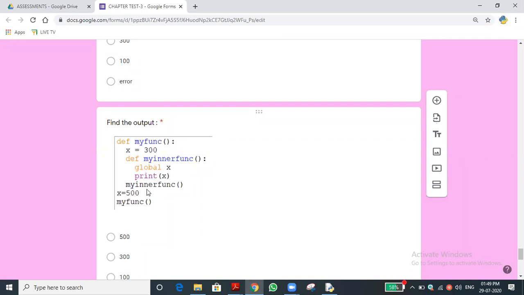Before it was 500, now 300 will be reassigned to this x value only. I'm showing the pointer, no? This x value only. Have you understood?